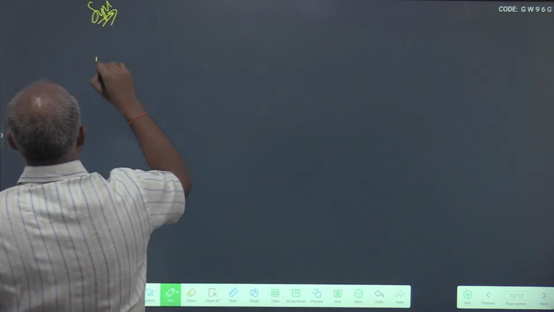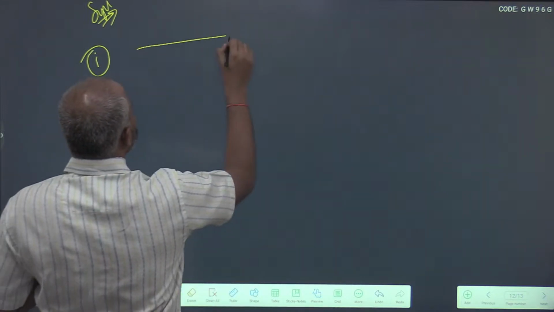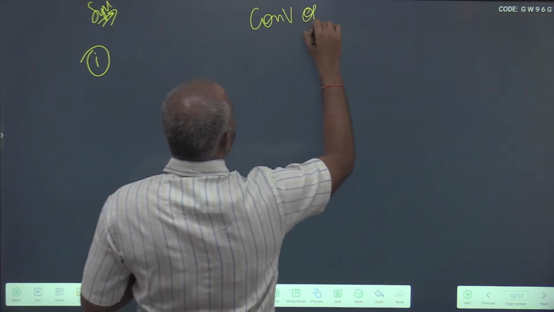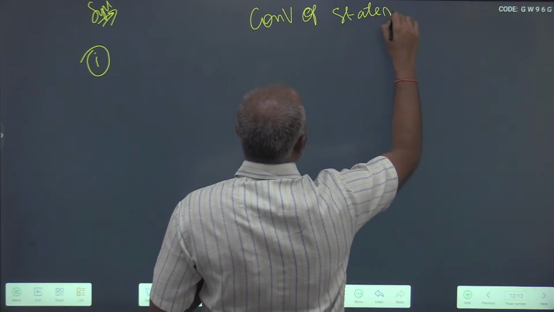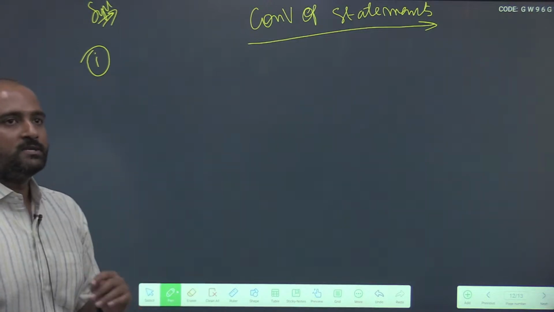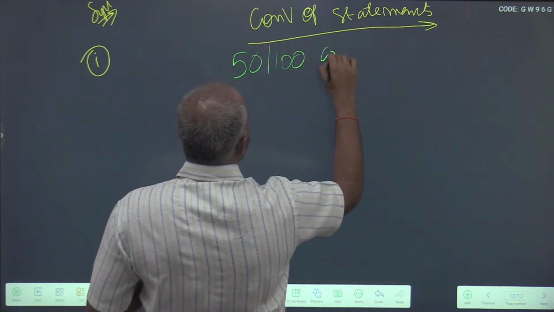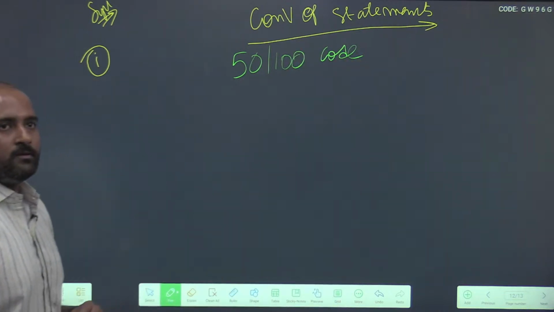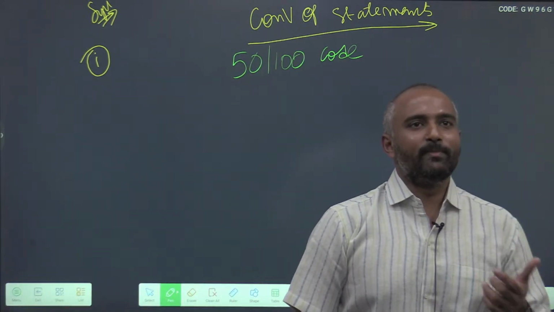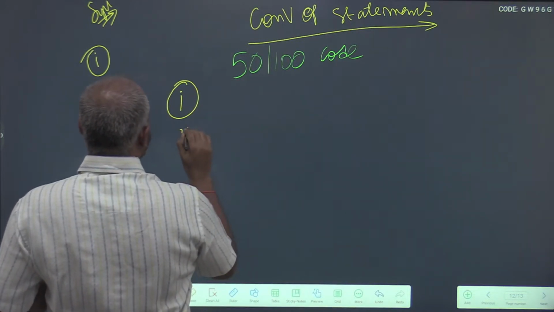First, I want you to convert whatever statements they give you. The first application is conversion of statements to some code. What is that code? That code is either 50 or 100 code. And how do I convert? To convert something to something else, there should be a process, right? It is based upon two rules.